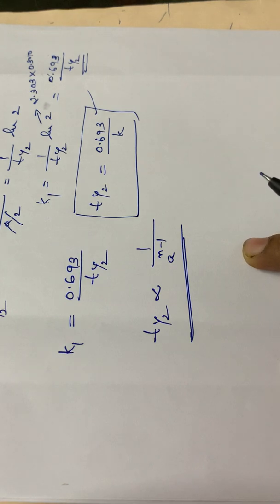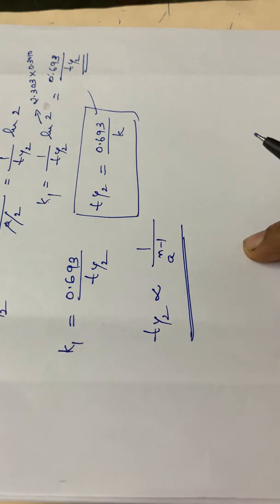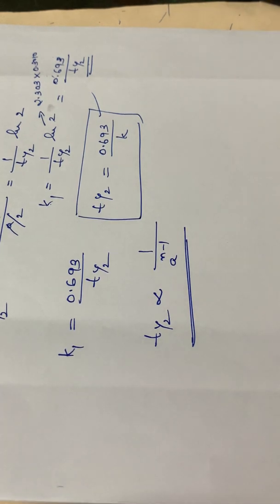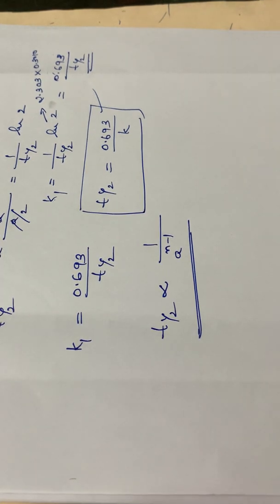Next we have to go through another important topic, the determination of order of the reaction. Before that, you have to complete the problems. I will be doing the problems in the next video. Up to this point, you have to learn all these derivations by heart. I will be uploading the next video along with this one, with some 6 or 7 problems that I will be working out. Some similar problems are also there in your textbook, and you have to work them out as homework.